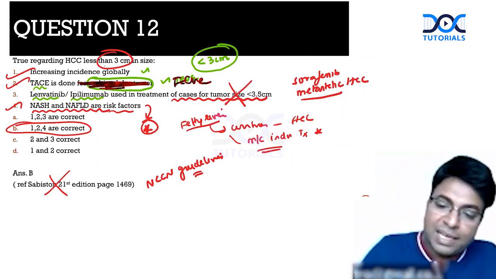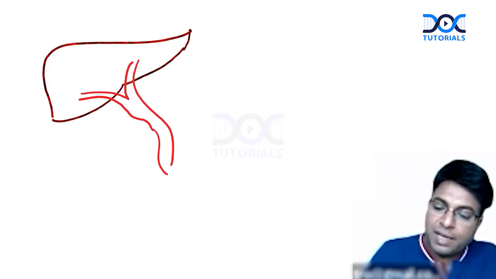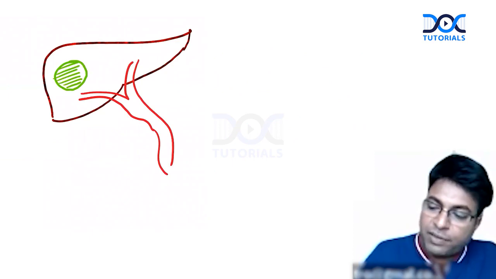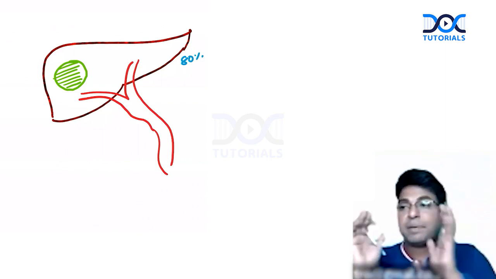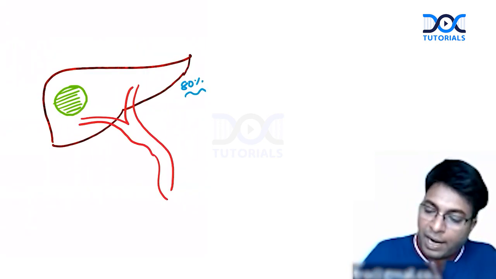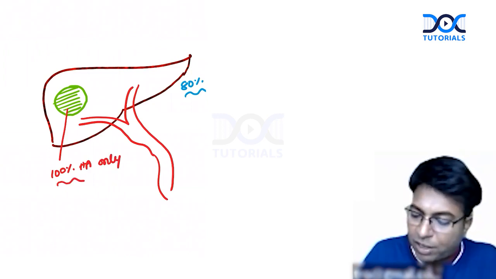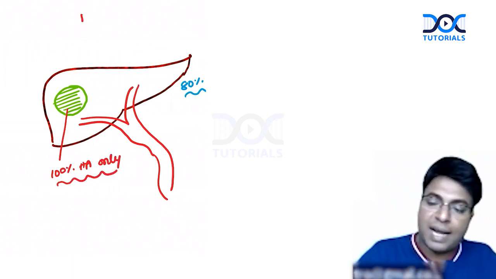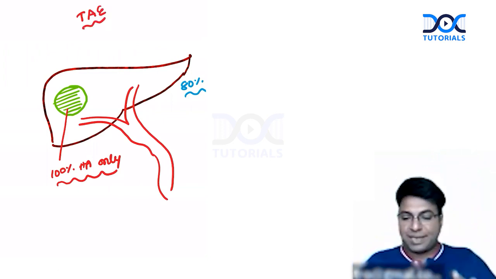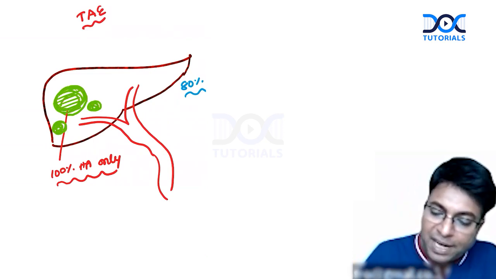So, transarterial chemoembolization. This is the hepatic artery. The interesting point in liver is, if this is a tumor, the liver receives 80% of the blood from portal vein only. Please remember, 80% of the blood to the liver is from portal vein. But if there is a tumor, 100% of blood flow to the tumor is from hepatic artery only, not from portal vein at all. This is the concept behind this therapy, transarterial embolization therapy. The concept says, for example, if there are some small multiple right side tumors like this.